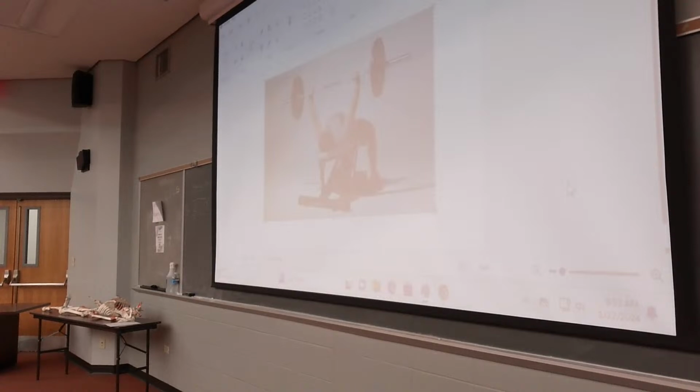So what's the biomechanical lesson? Even though those plates and that bar say 135, if you're going to stop it, you better be able to do more than 135. Does that make sense? And to make it come back up, to speed it up, going up, you better be able to do more than 135 pounds of force.